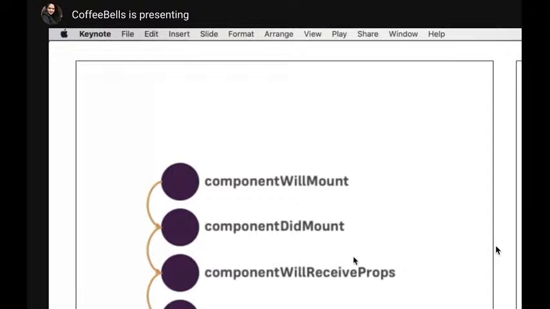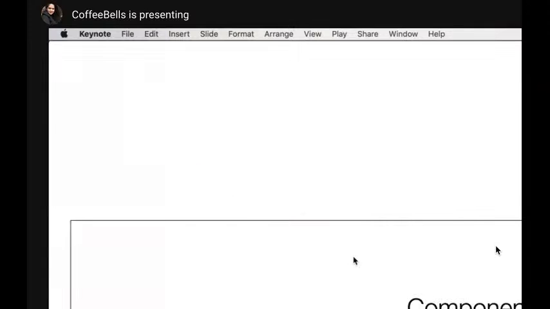By unmounting, I mean that, for example, if you route to some other page, that particular component on the first page gets unmounted. In that case, you might have to do some activities relevant to your application, such as unsubscribing to something, removing an event handler, etc. All that is done in componentWillUnmount. Now these three we will see how to use in useEffect. Do you have any questions?